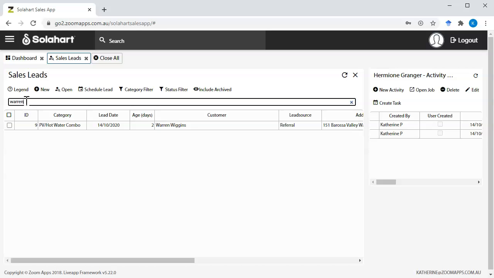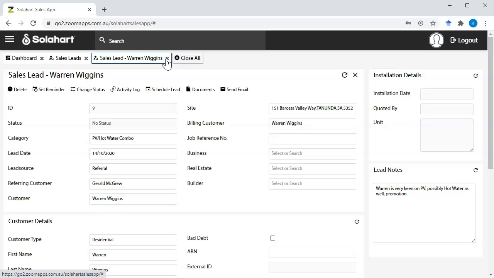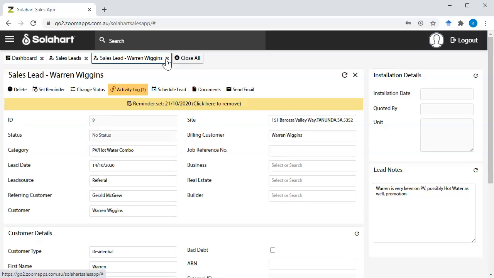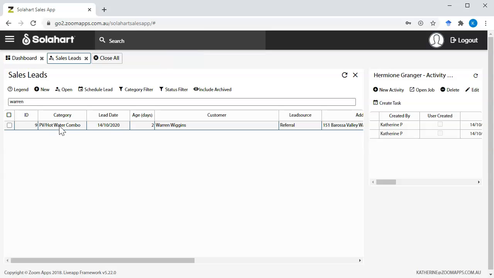Now I can double click the lead line to open it, or I can select the lead line and then select the Open button in the header. I don't have to open the lead to schedule it, as I can schedule the lead right here from the lead list by selecting the line and then selecting the Schedule Lead button in the header. The Sales Scheduler page will open so you can assign this appointment to one of the salespeople set up in